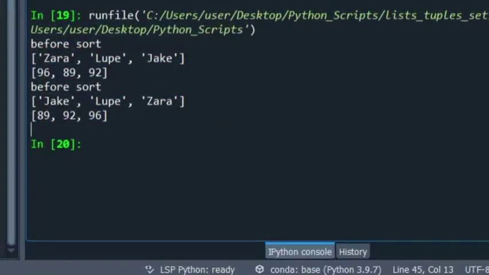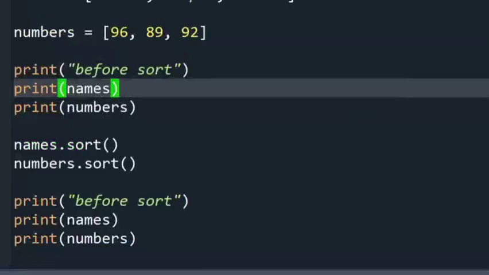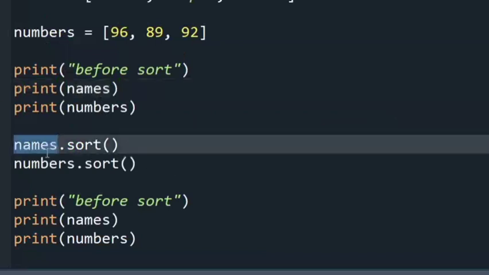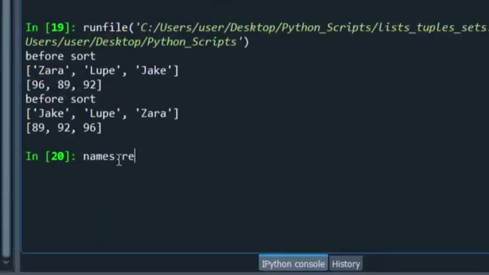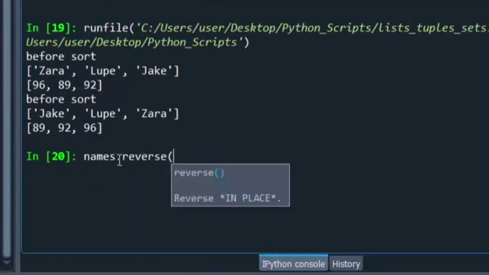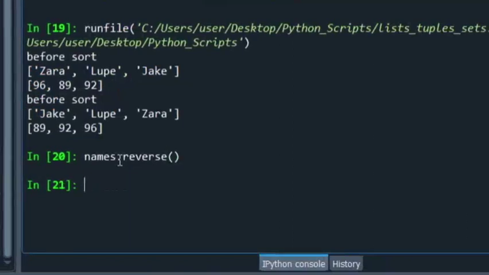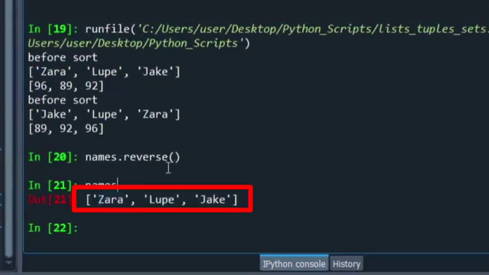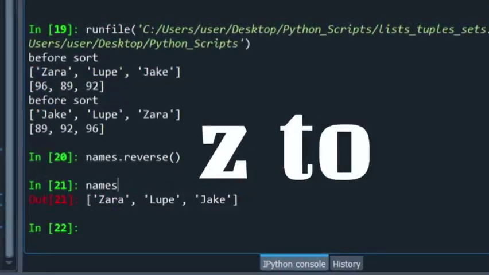Okay, so there are so many things, and also I was telling about the reverse condition, right? So you can just use names.reverse. Okay, so you have this format and you want to reverse it. Maybe I'll just do it here itself, names.reverse. So what is names now? It is reversed. Okay, so you can see Zara, Luke, so it is going from Z to A, and also you can create